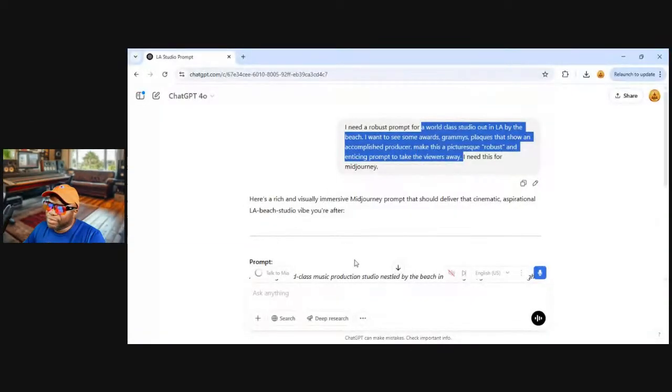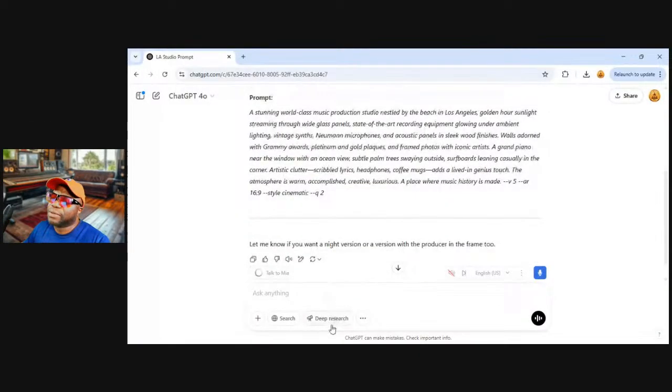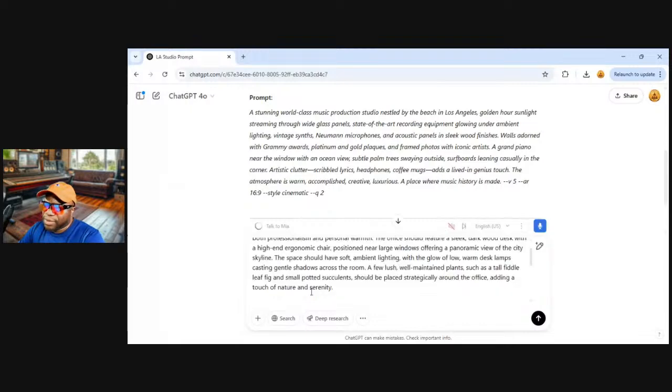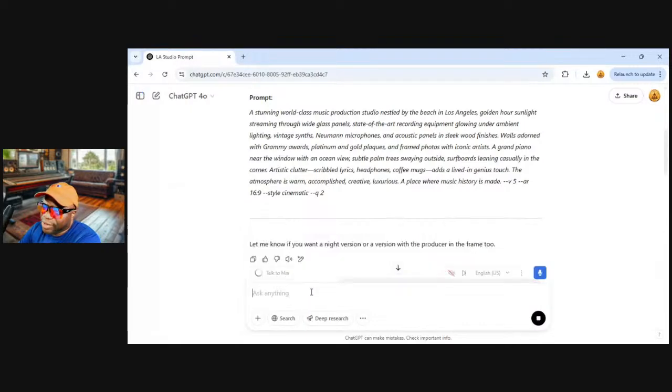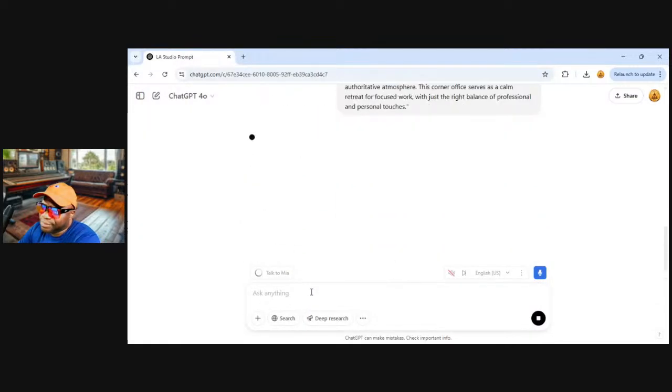Here we go. So now I'm in my paid version of GPT, and I'm just going to say, create an image based on this prompt. Just paste it in there with a Control V and hit enter,